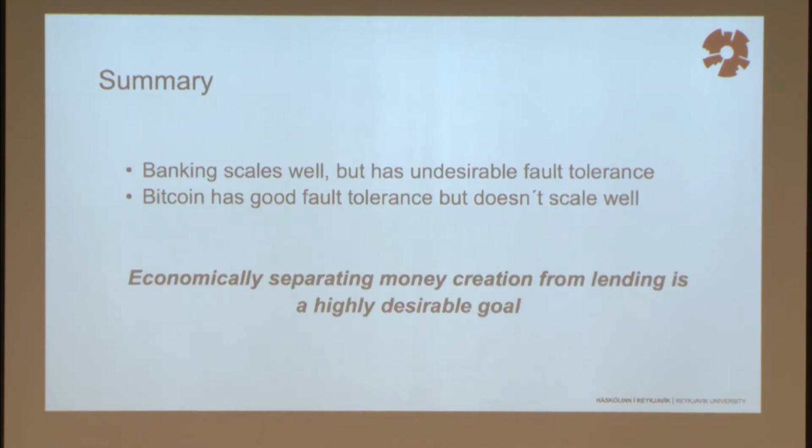So we've arrived at this point in the 21st century. We have a very good monetary transmission system that scales very well, but it has highly undesirable fault tolerance attributes. And we have the cryptocurrencies, which actually have very good fault tolerance, but don't scale well. What I would say is a priority is that we should try to separate this money creation from lending in the banking system